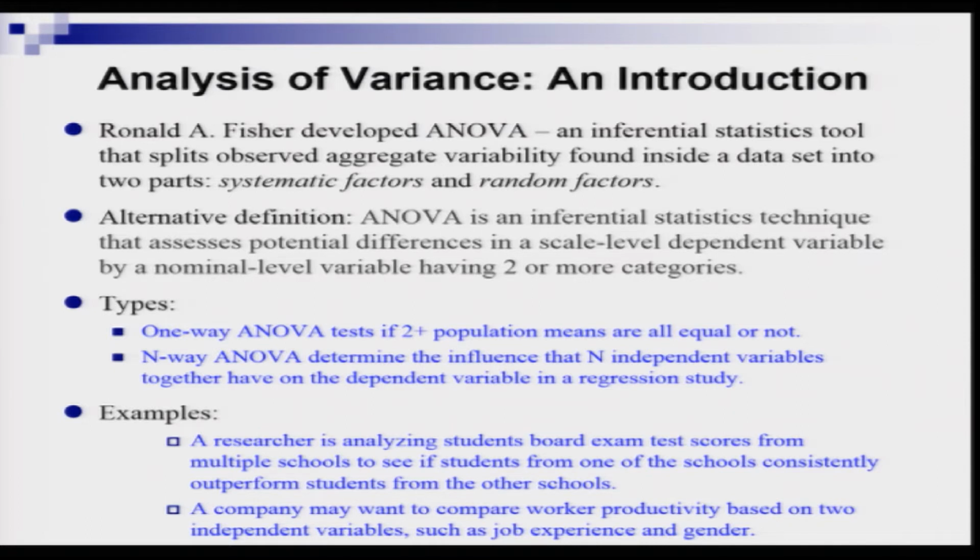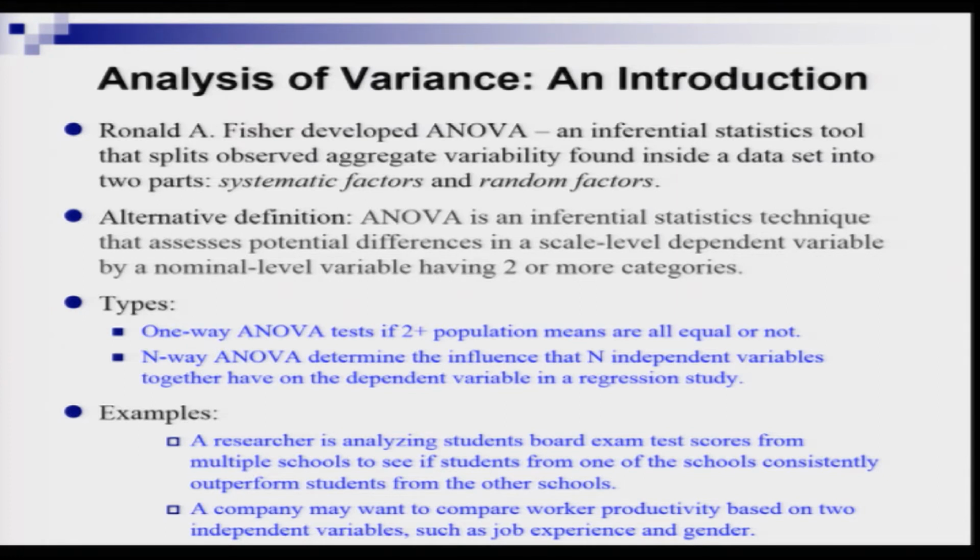So, angle number 1 was of course the comparison of population means, unknown population means, when you are involving more than two populations. You can figure that out from the last part of the sentence, where I am saying that having two or more categories. And the first part of this definition is actually related to the regression concept,